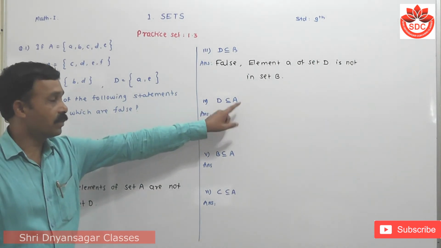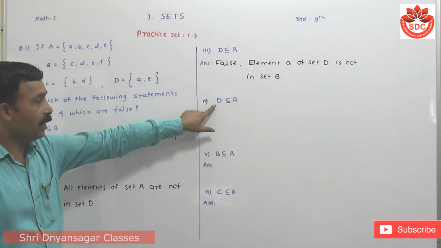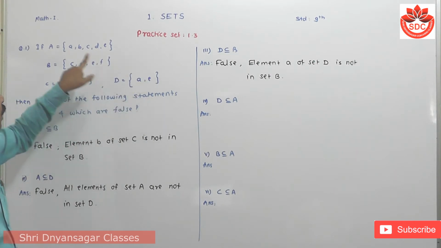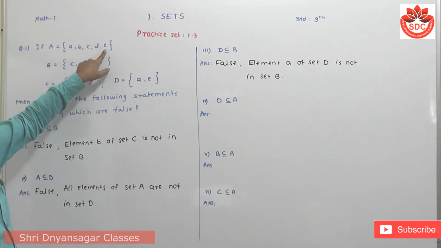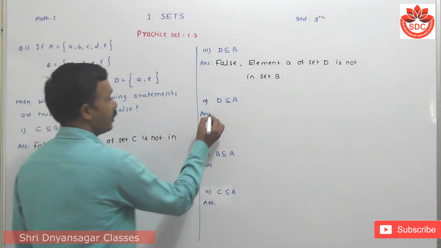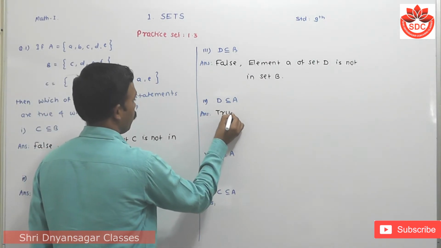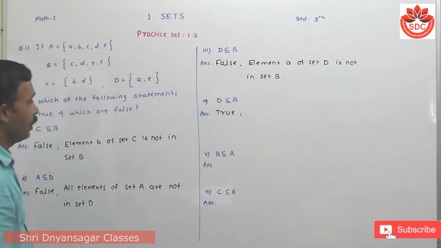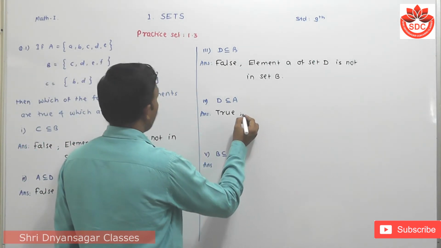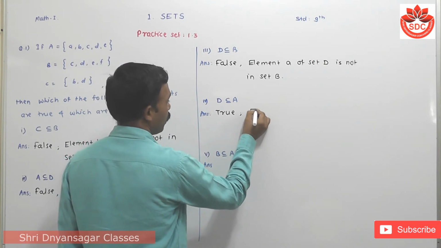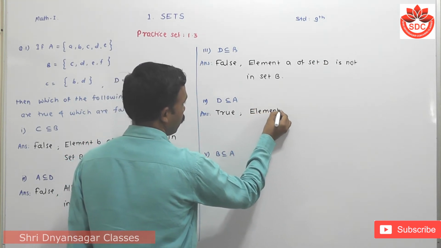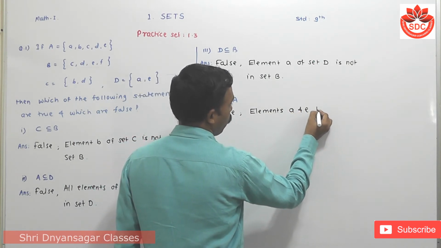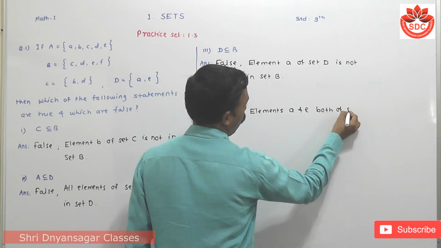D is also a subset of A. It means that every element of D is also present in set A. We observe A and E are also present in this one. It means that this is the true statement. So the answer is true. Because all elements of D are also present in set A. Because elements A and E both of set